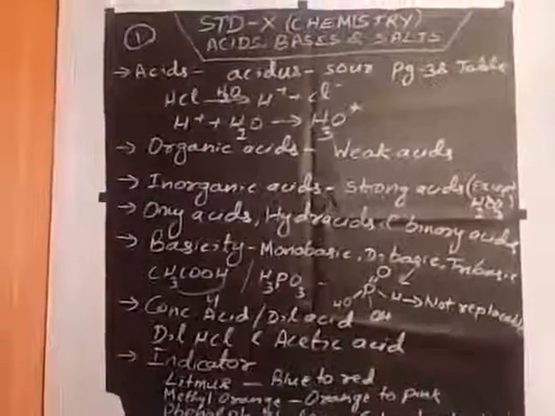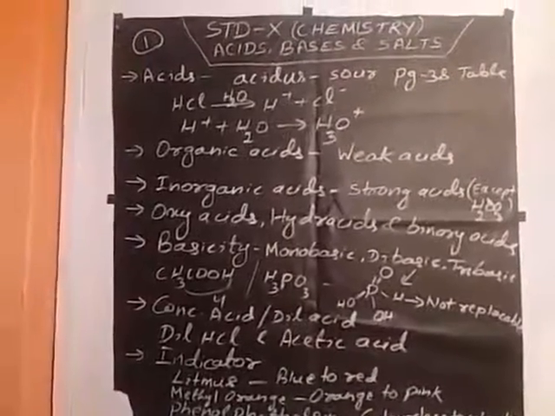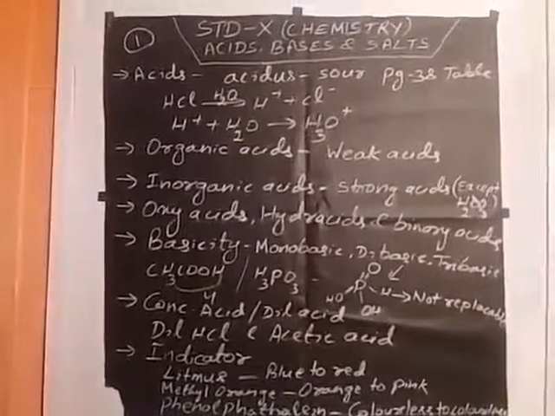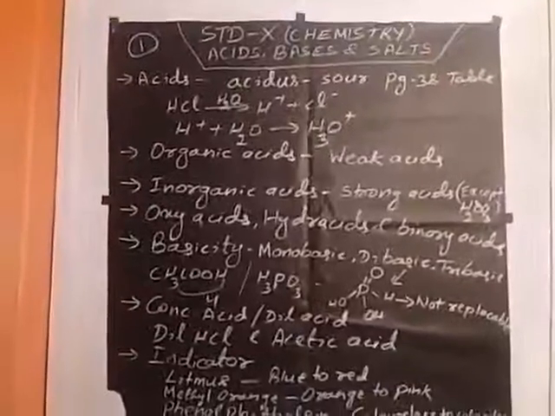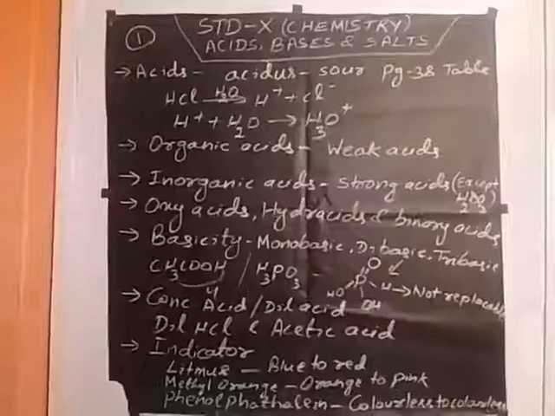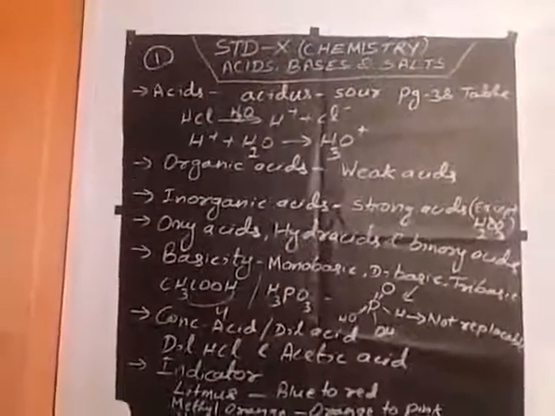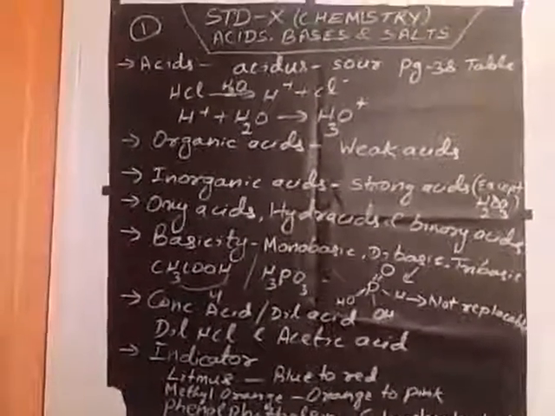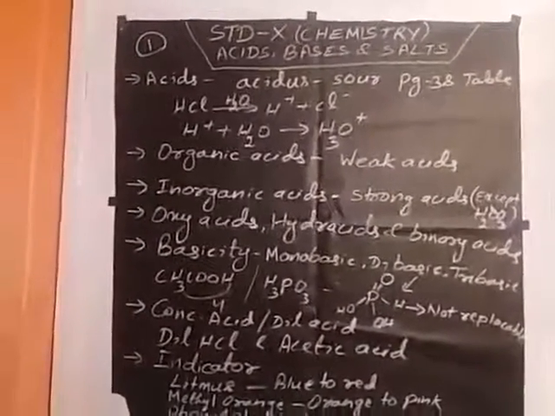Acid comes from acidos. Acidos means sour in taste. In fact, the sour taste of some foods is due to the acids they contain. On page 38 in your book there is a table of vegetables and fruits in which acids are produced: formic acid in the sting of bees, malic acid in apples, HCl in your stomach, oxalic acid in tomatoes. These are organic acids.